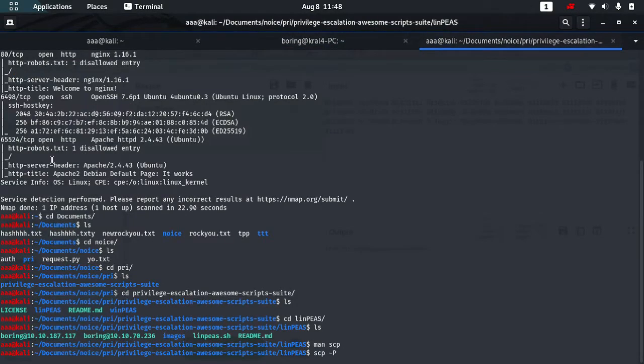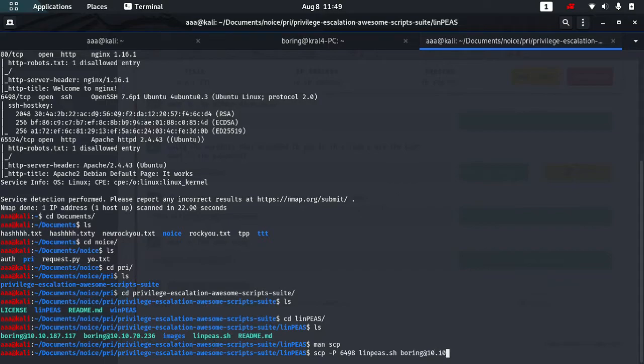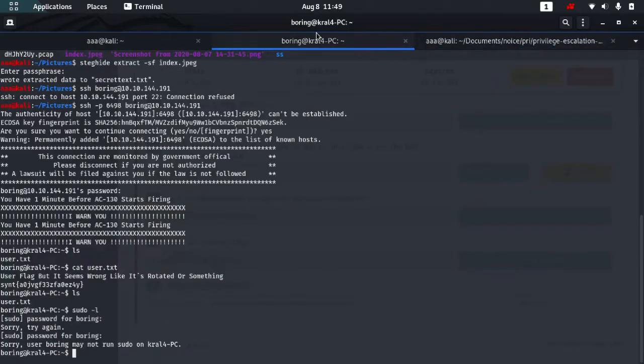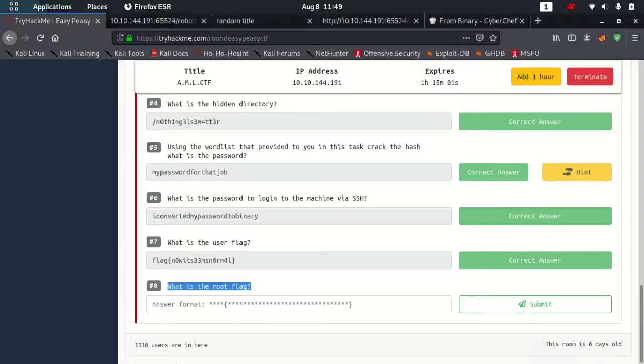The port for SSH is 6498, then the file which I want to transfer, then the connection, which is boring at 10.10.144.191, and where I want to transfer it, /home/boring.